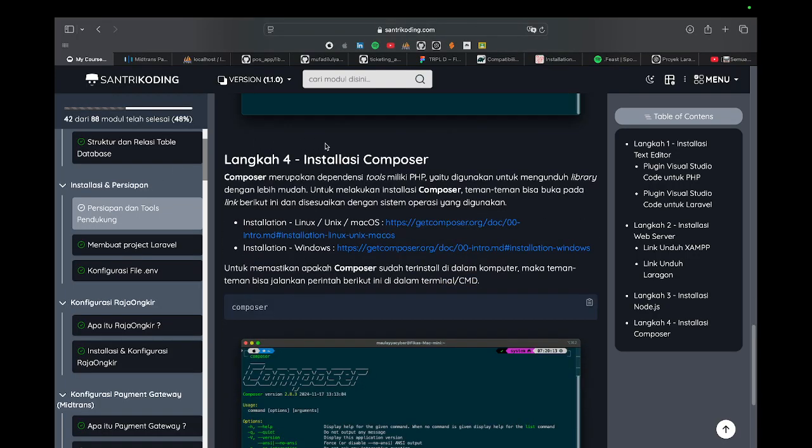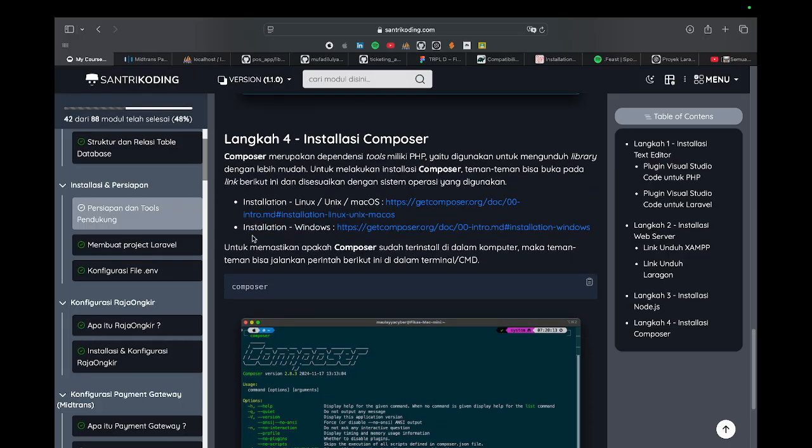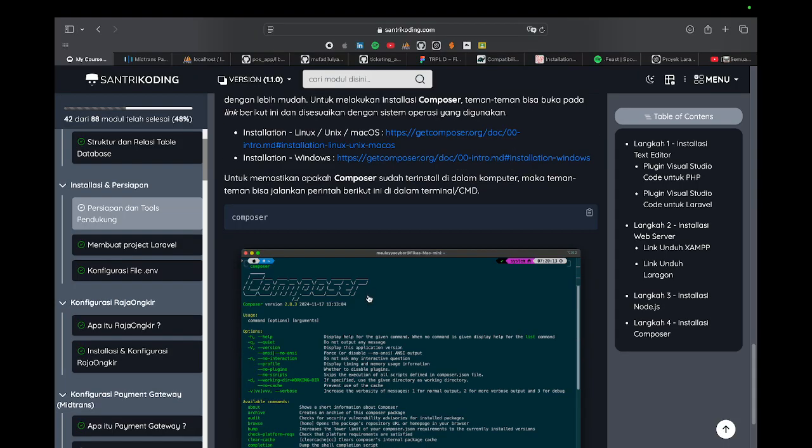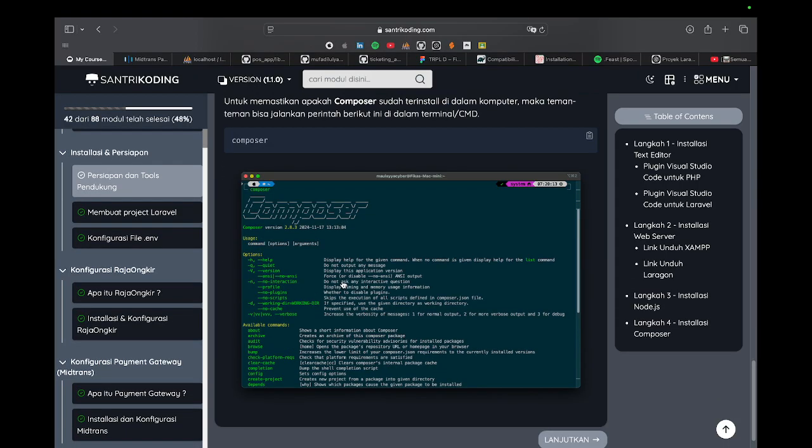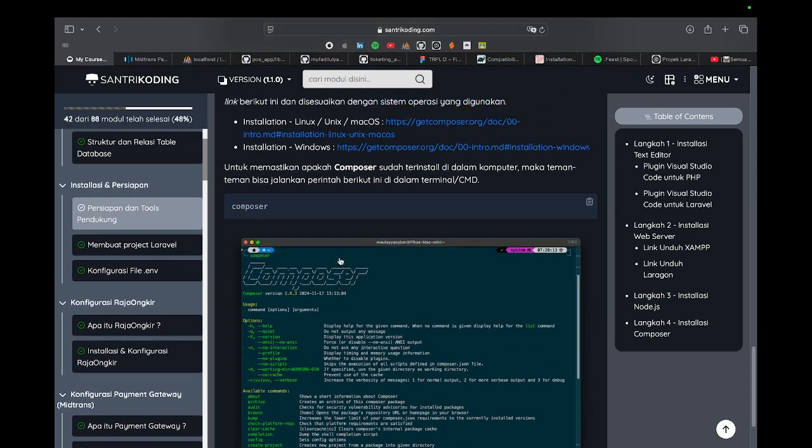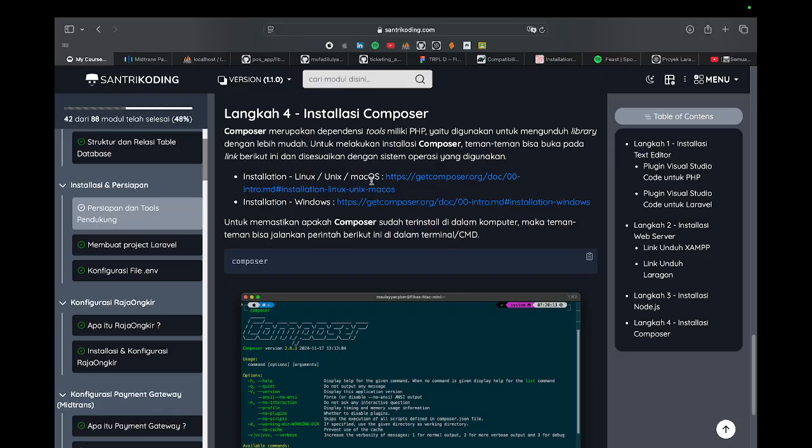Okay, next we install Composer, because Composer is the dependency tool of PHP. This is for Windows, and Composer supports Windows, Linux, Unix, or macOS. For information, I use macOS too. So when you use Windows, you can just go to the documentation.